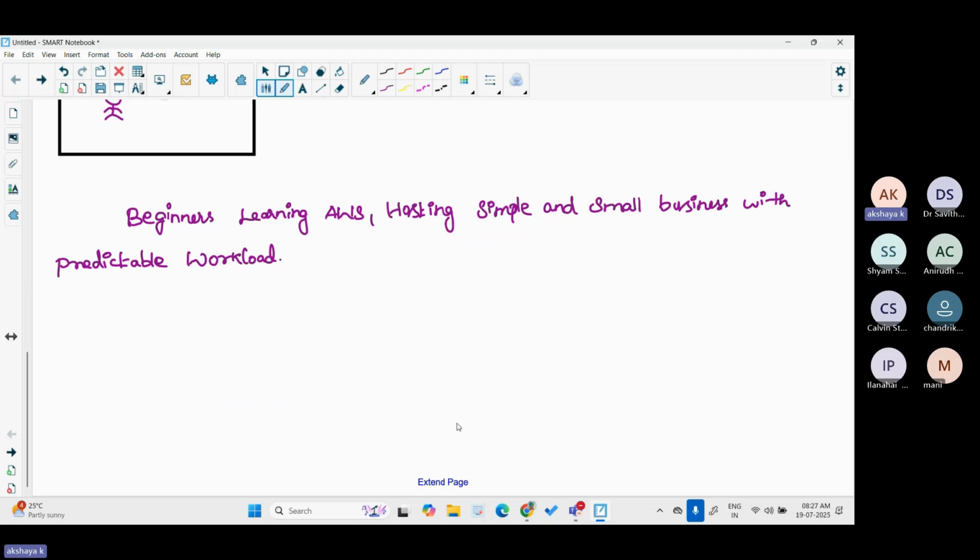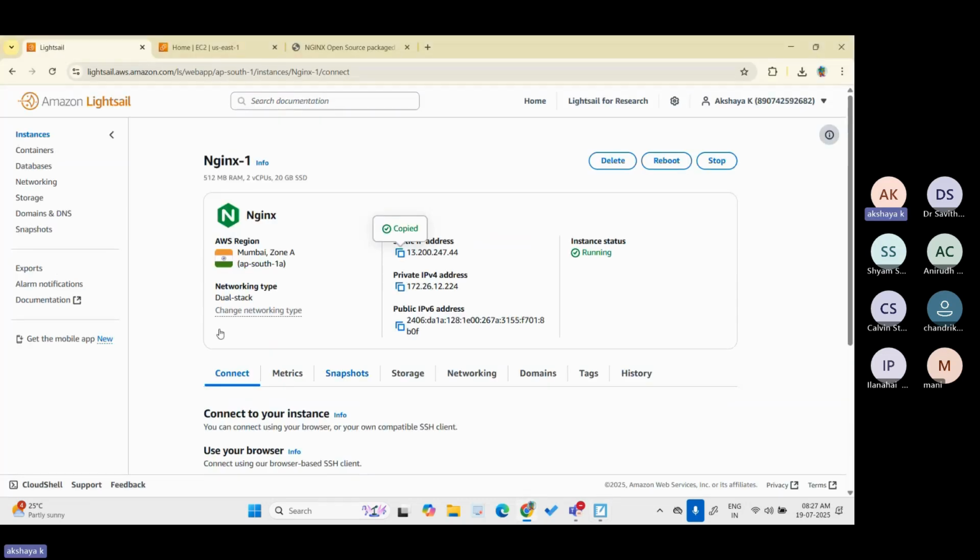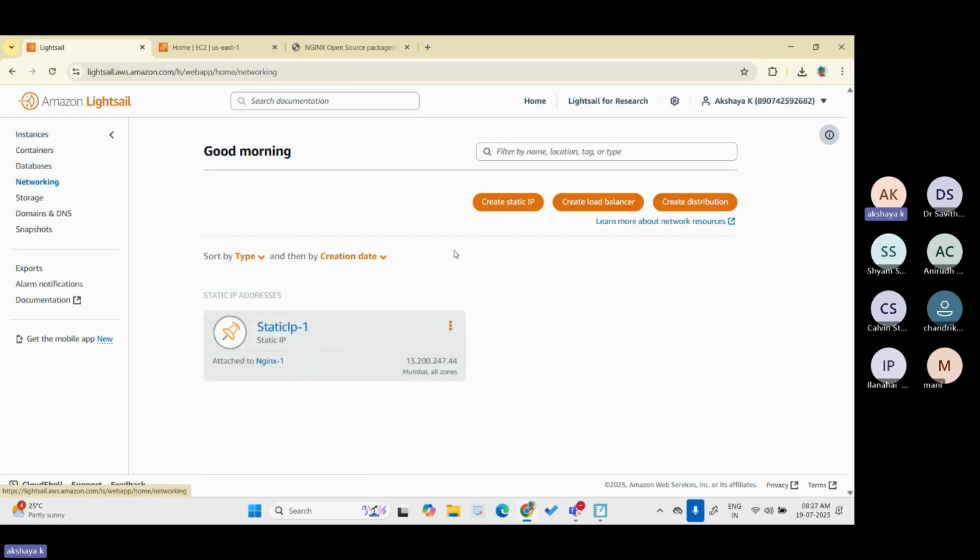Why? Because in LightSail, in the networking section, we don't have more control over